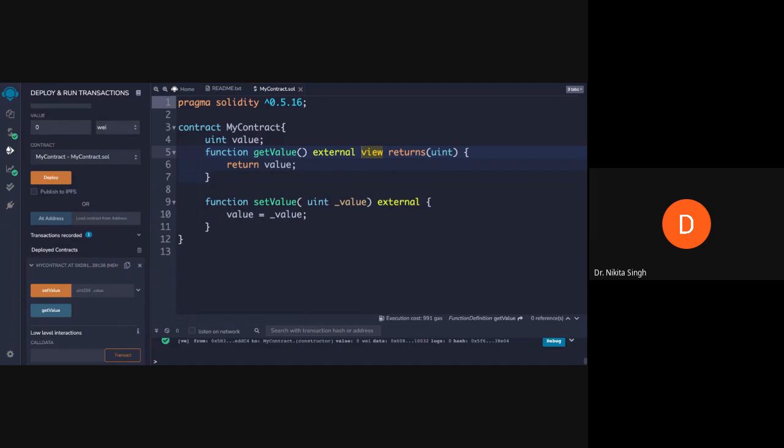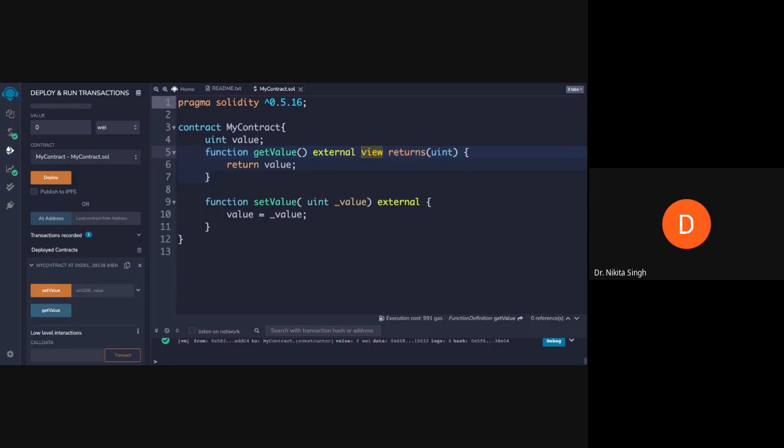So external, public, private, internal, all of these are function visibility keywords, and private is the most restrictive and public is the least restrictive visibility that you can provide. If you're familiar with Java, you'll know what these keywords actually do.